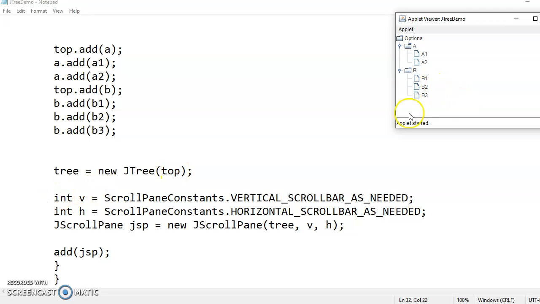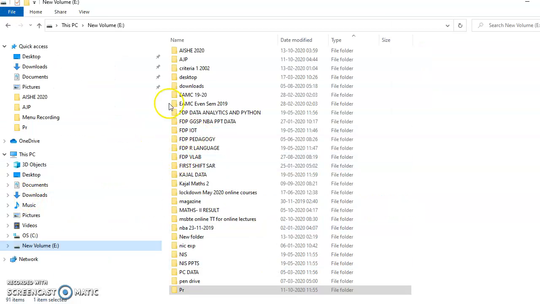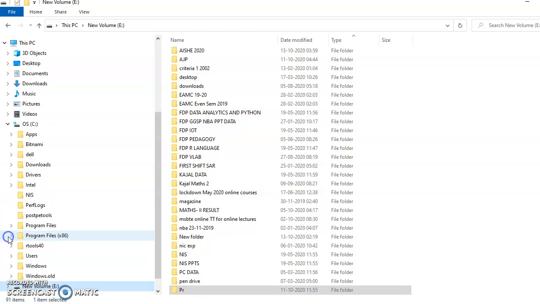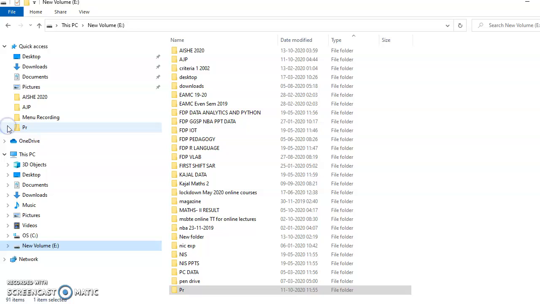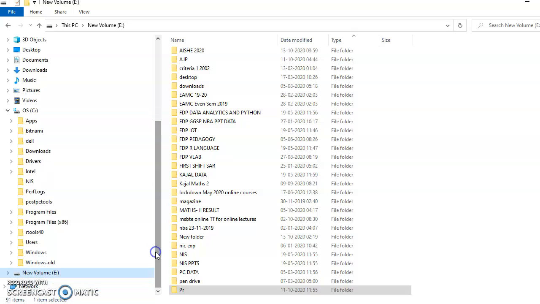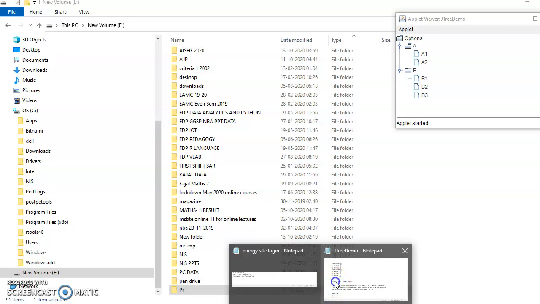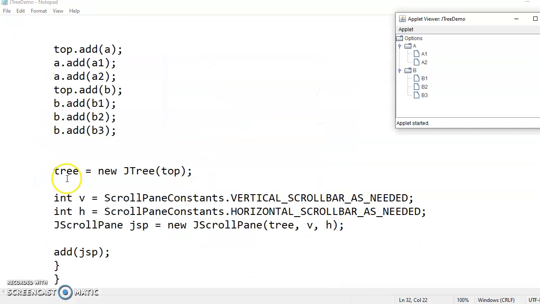Now as I have shown you my directory structure, you can see it is very vast. Suppose I have clicked on this PC. So when I click on C, the C has a large number of nodes, many nodes. So a scroll bar has come automatically. Can you see? Previously the scroll bar is not present, but when I click on C, the scroll bar comes because it has a large number of nodes. So in a similar way, if your tree structure has a large number of nodes, in that case you also want the scroll bar. Sometimes you need a horizontal scroll bar and sometimes you need a vertical scroll bar.